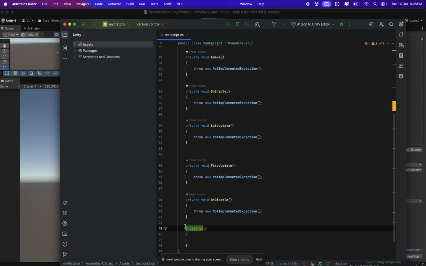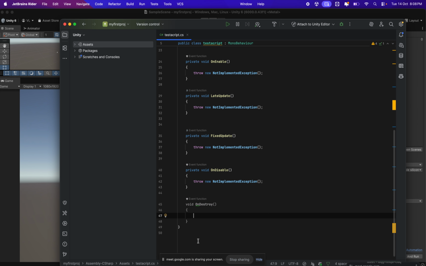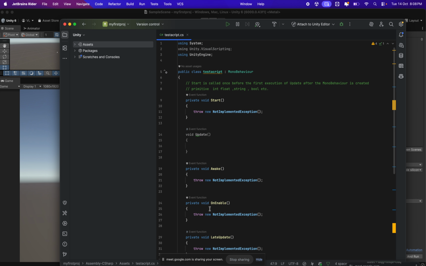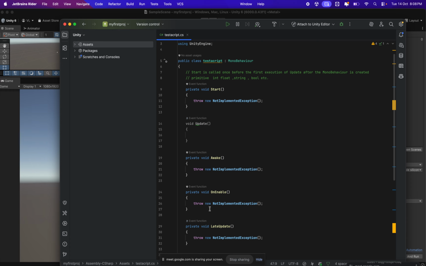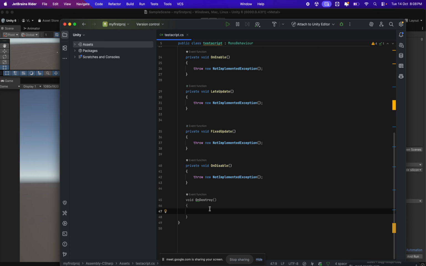Okay. So these are the basics of MonoBehaviour life cycles,